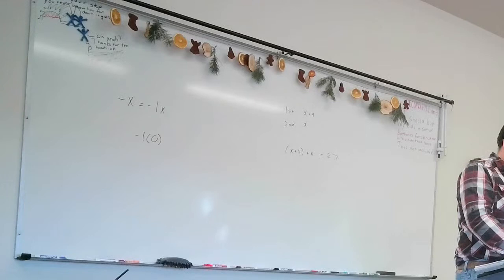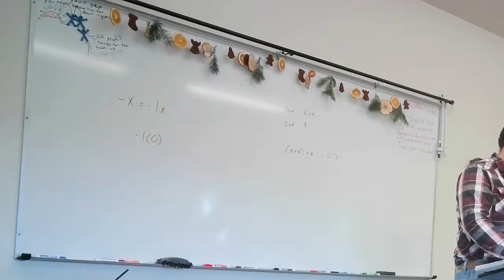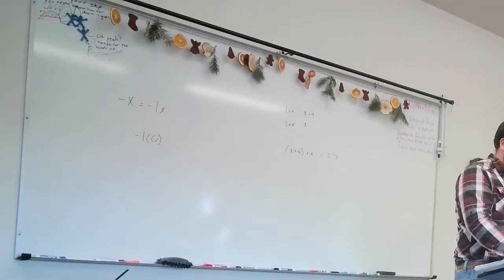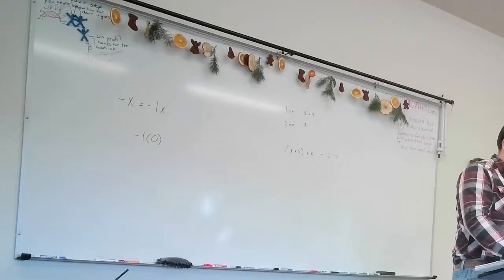Number 8 is 1 over 5. Number 9 is negative 8 over 3. Number 10 is 8 to the 9th. Number 11, yes. Can you read 7, 8, and 9 again, please? 7 is negative 1 over 5. 8 is 1 over 5. And 9 is negative 8 over 3. Number 10 is 8 to the 9th. Number 11 is 6 to the 10th.